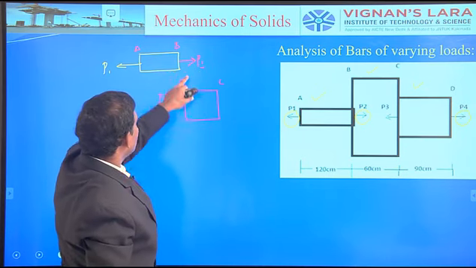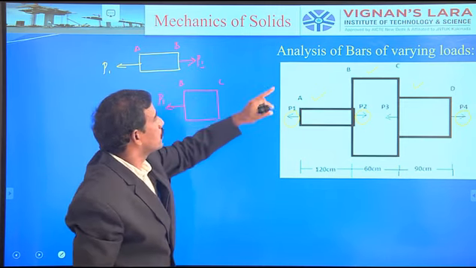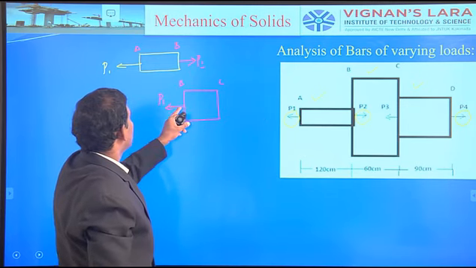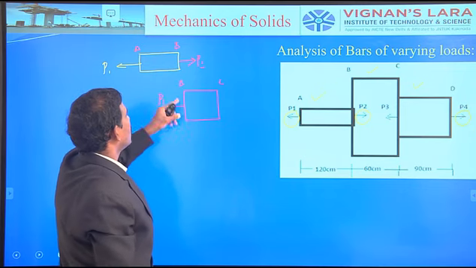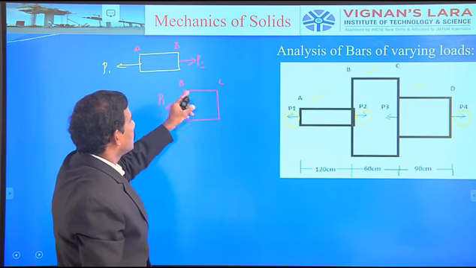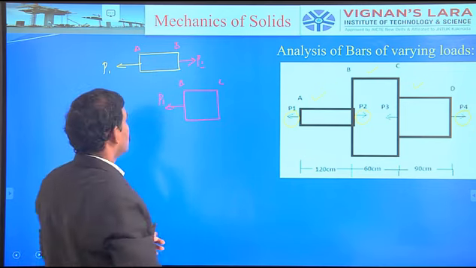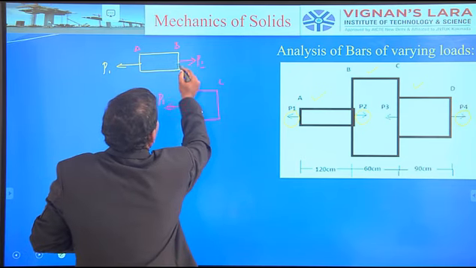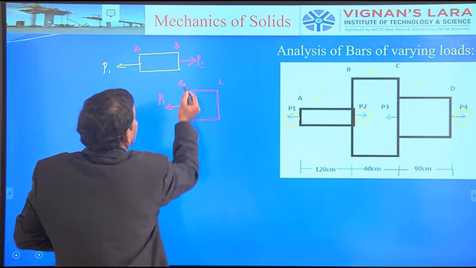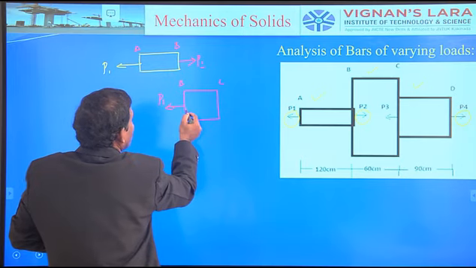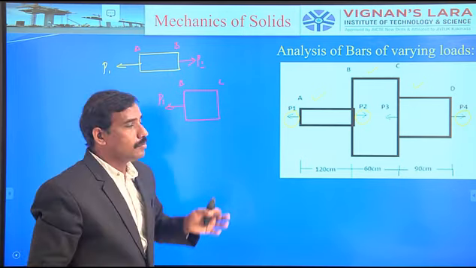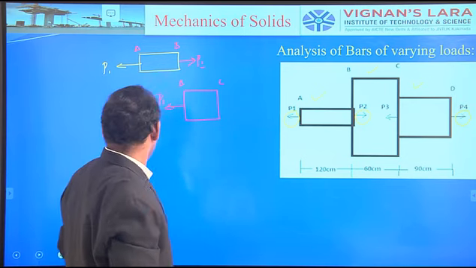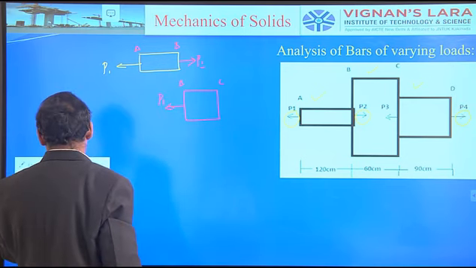For equilibrium condition, P1 towards left and P1 towards right at B, in case of the portion AB and in case of the BC. That is very, very important. Simply P1 towards right in the portion AB, P1 towards left in the portion BC, then only the body is in equilibrium. Let us see the next case.